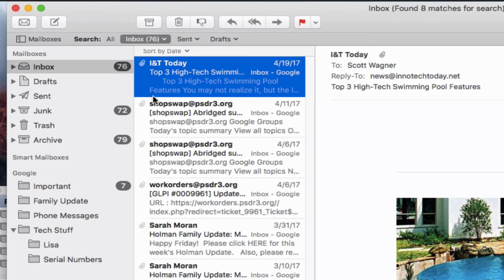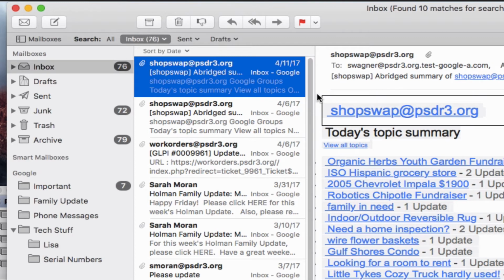If I need to change settings or create labels and things like that, it's a good idea to do those things on the client side in the web version as opposed to the Apple Mail app. But it still works essentially the same way. I can delete messages if I want to. I can mark messages as junk if I need to. I can reply all, and forward messages,